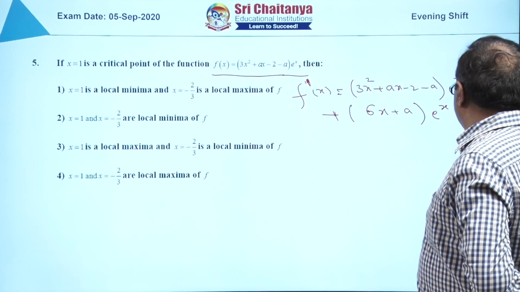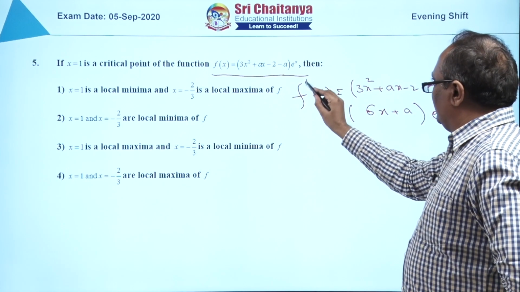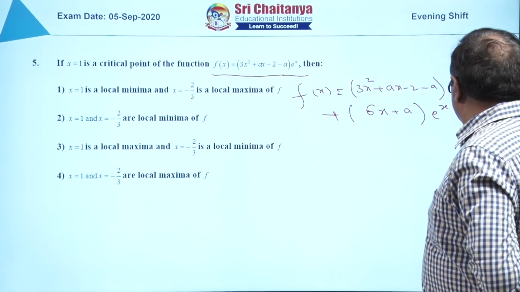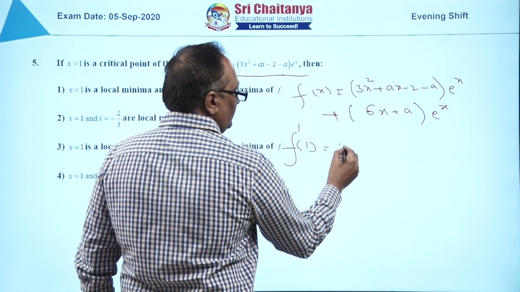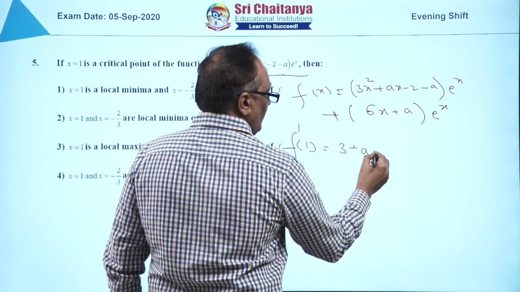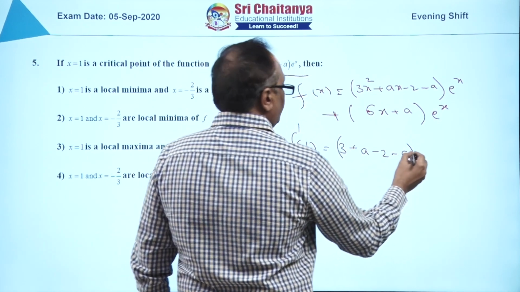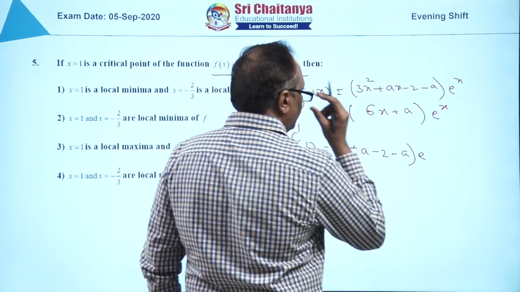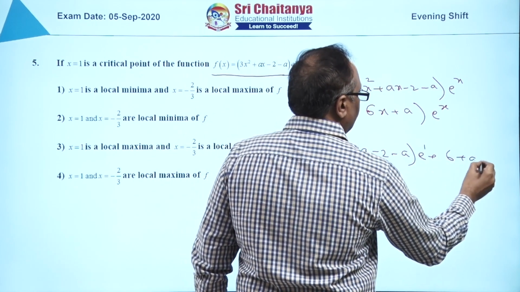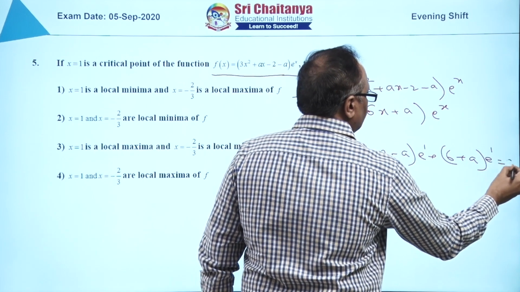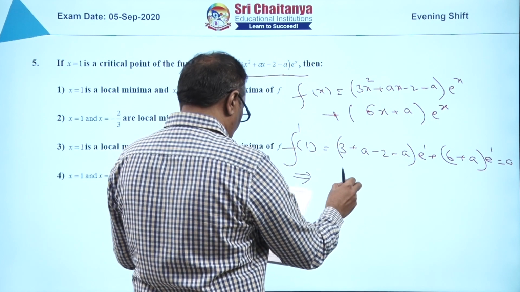F dash x already obtained, we have to find f dash 1 equal to 0. Since f dash 1 is nothing but 3 plus a minus 2 minus a into e power 1 plus 6 plus a into e power 1, that is 0. By writing this value, we can get the value of a